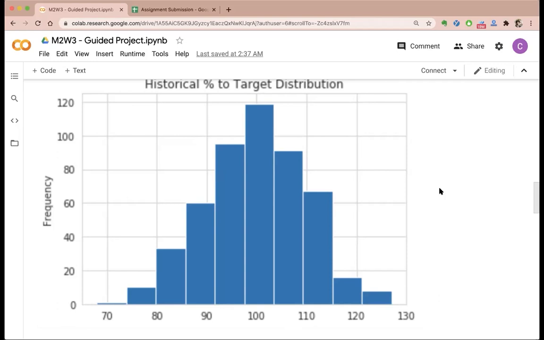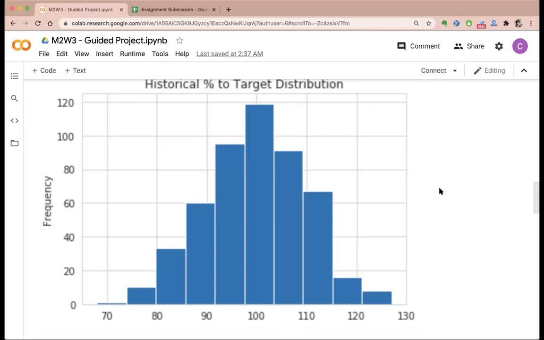Yes, I have got many answers, some correct. This is a typical case of a normal distribution. It resembles a normal distribution. What do I mean by that? If you remember the characteristics of a normal distribution, there was a peak at the top, in the middle. It was a symmetric distribution.